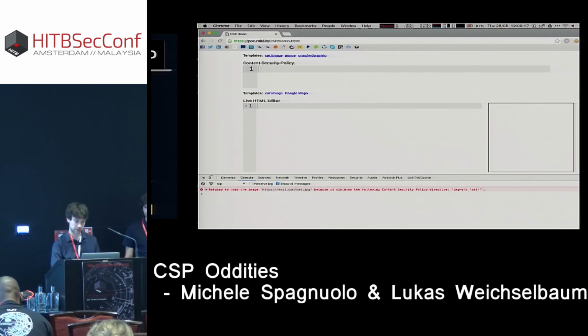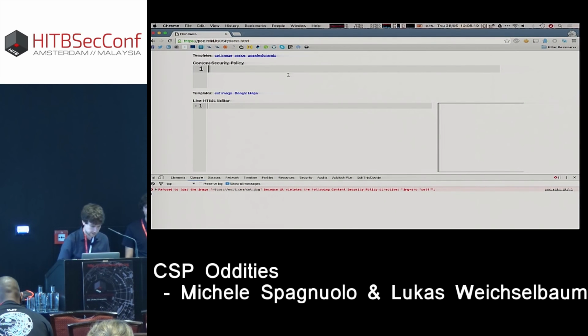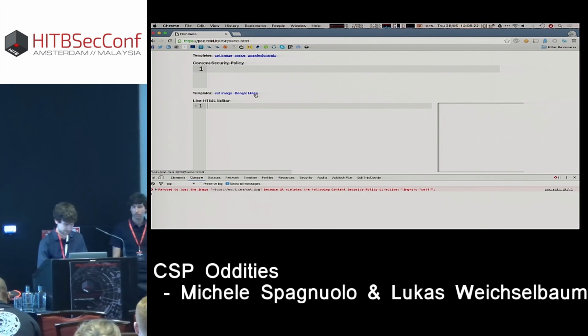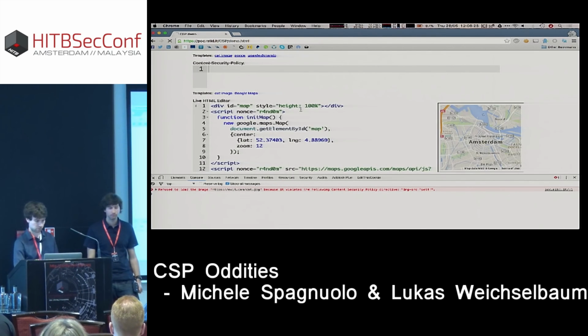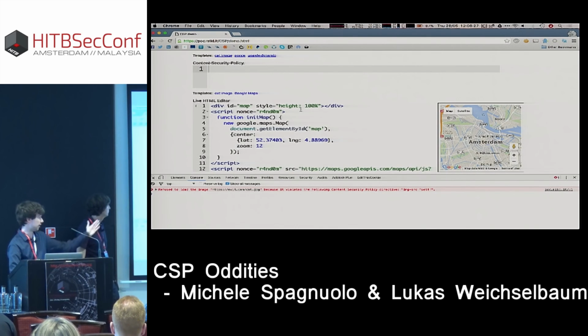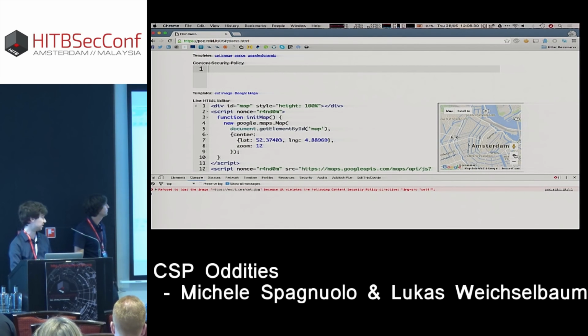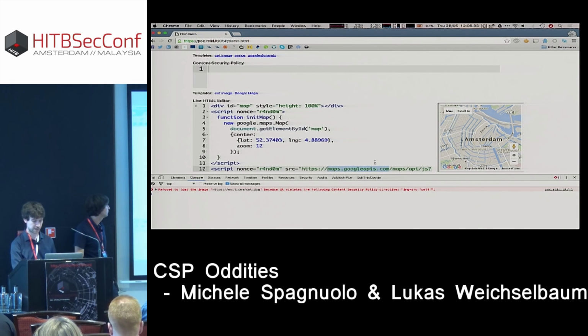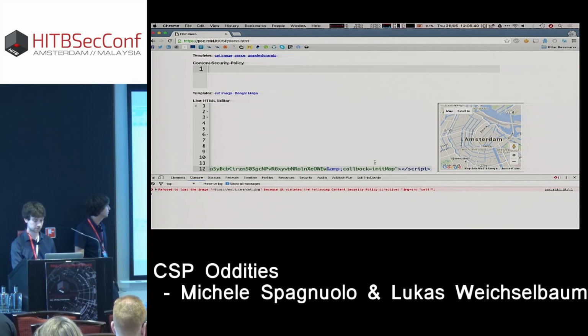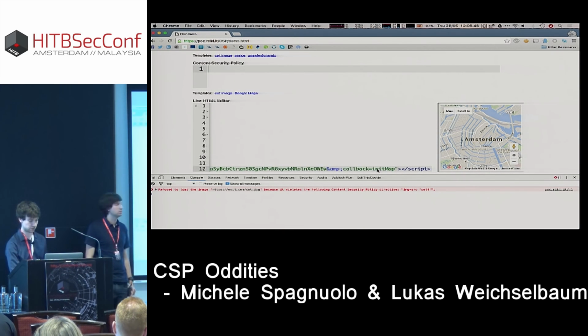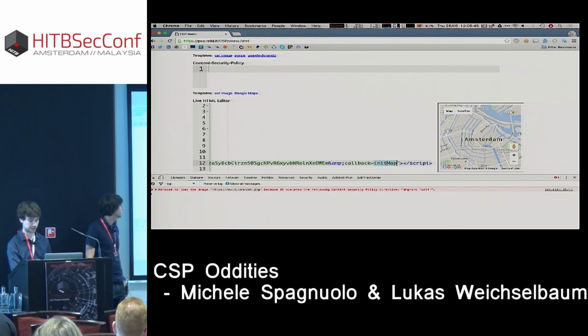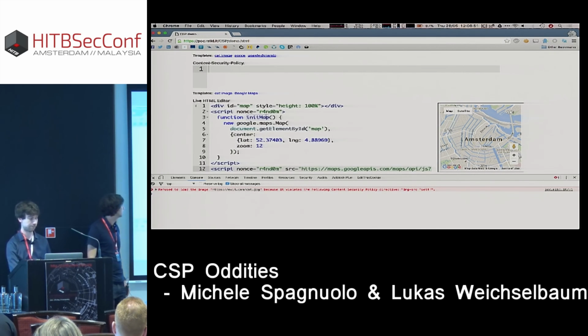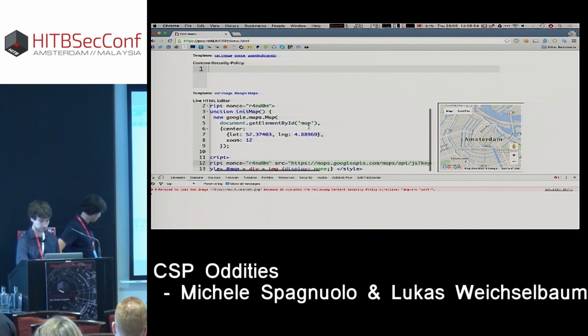So here I want to show, for example, Google Maps. Here we have Amsterdam. This is a widget. This is dynamic. And it is sourcing maps.googleapis.com, the maps API JS. This supports a callback, because a lot of APIs still do that. So when this is finished loading, it will call initmap, which is this function. OK? So what happens if